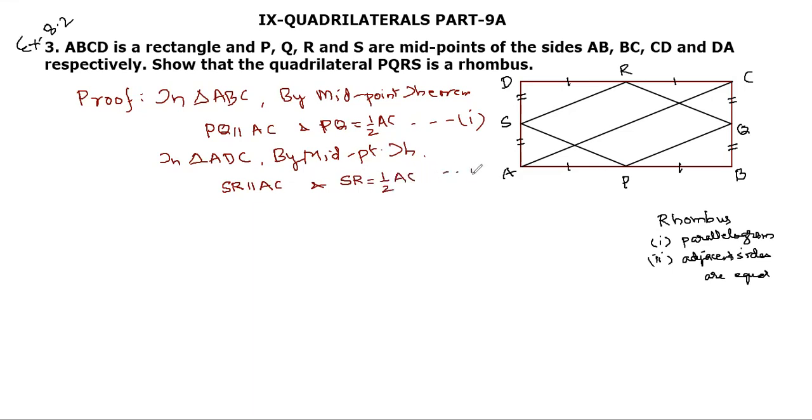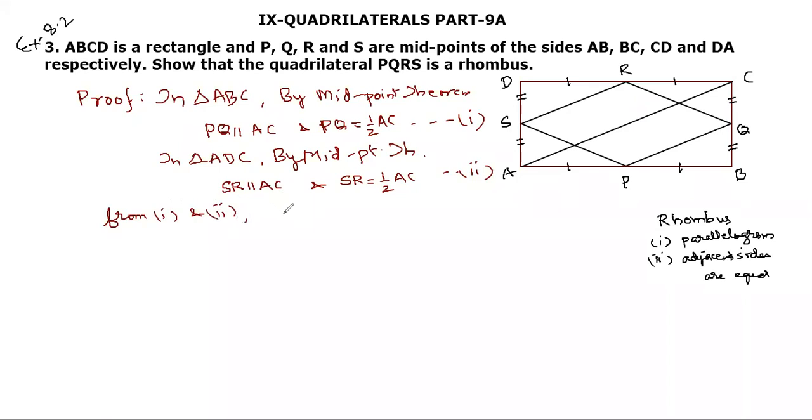This is the second condition. So we got that PQ is parallel to AC, and SR is parallel to AC. Therefore PQ is parallel to SR, and PQ is equal to half AC, and SR is also half AC, so PQ is equal to SR. So from the first and second